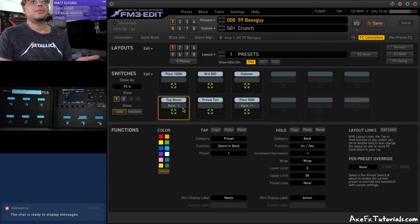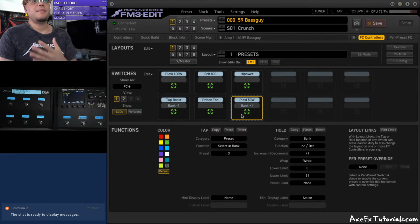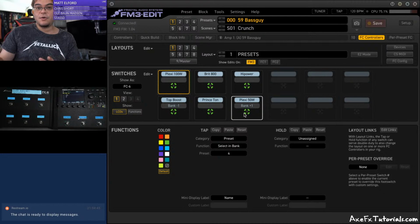So pretty basic. I wouldn't change anything on this presets view unless you don't need this many presets at once. So we have 6 presets at a time, bank up, bank down, as you can see. Select preset 1, 2, 3 in the bank, select preset 6 in the bank, and so on. So if you don't need access to 6 presets at a time, you could come here and start adjusting this. Let's say you only need 3 presets at a time, but you want immediate access to scenes. Even with the OMG9 layout where you can tap a bunch of things to get from scenes to presets quickly,